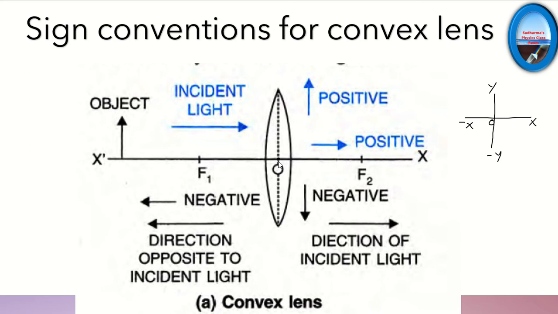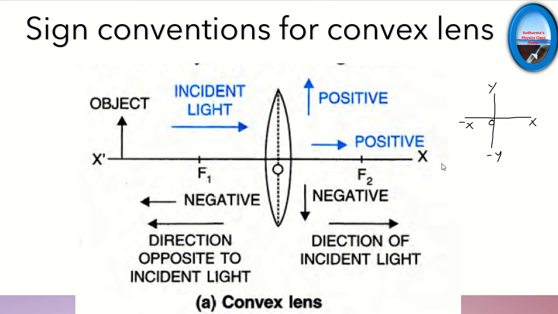If I have to measure the object distance, zero of my scale should be at the optical center, and then I will be measuring towards the left side. If I'm measuring the distance towards the right side, the zero of my scale should again be at the optical center, and then I will be measuring towards the positive side, the right side. Here, when the object is on the left side, the incident light hitting the lens is travelling towards the right. So all the measurements taken towards the right side are positive, and all the measurements taken towards the left side are negative.